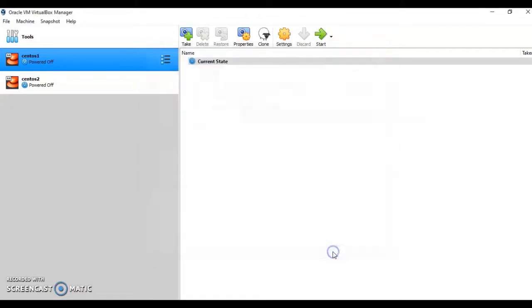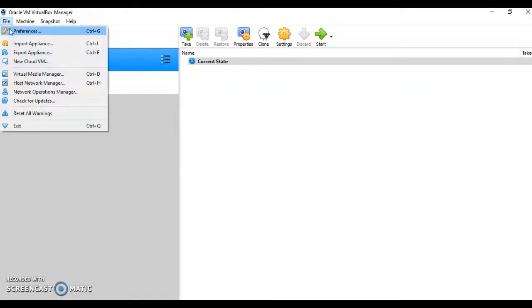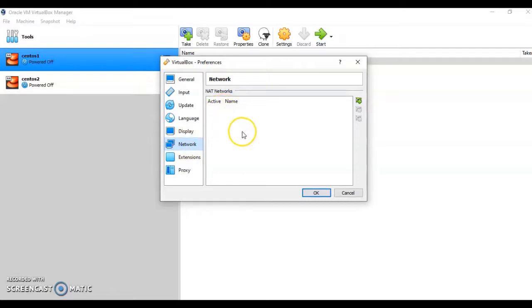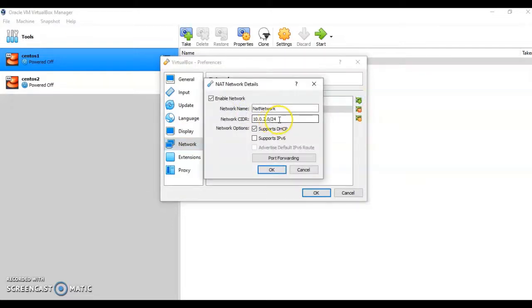So here we have to change the preferences of the network. For that, go to File, select Preferences and go to Network. Here, as you can see, there is no NAT network connected as of now. So you can add a new one. You can give any name to the NAT network.